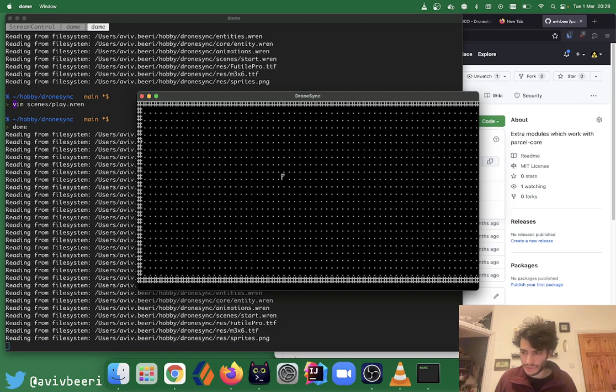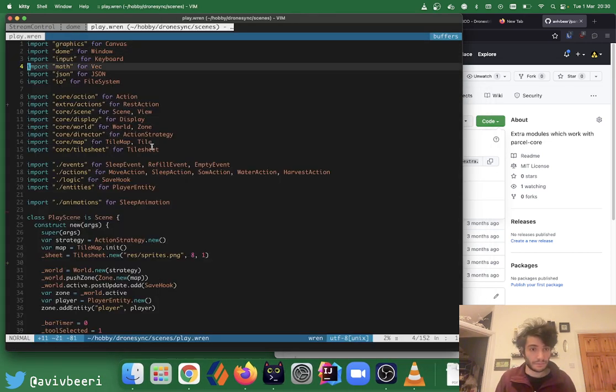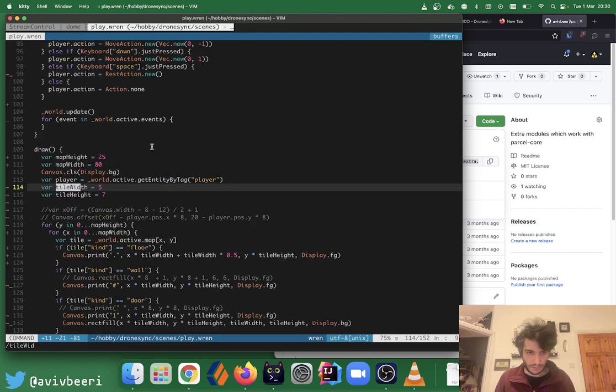So now I just need to adjust the screen size accordingly. So what have we got? 1, 2, 3, 4, 5, 6, 7, 8, 9, 10. I haven't got a good way of counting that. I just need to sort of play with it until it works, I suppose. Tile width, we're saying it's 5 by 80. It's 400, so